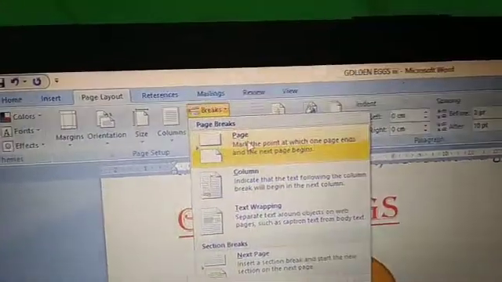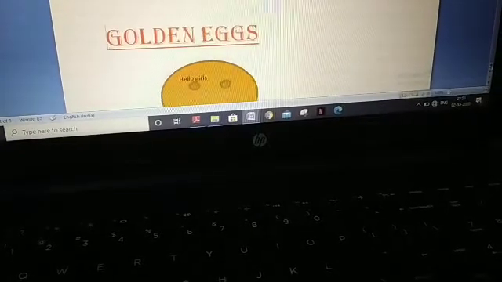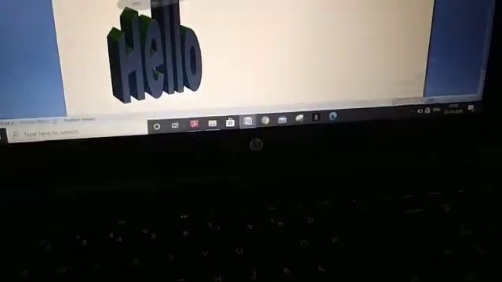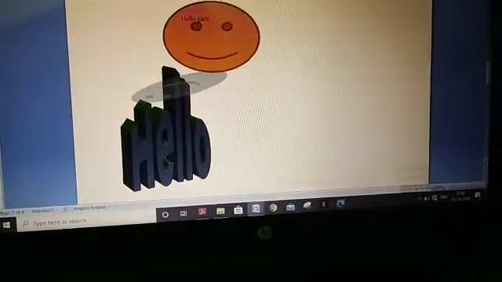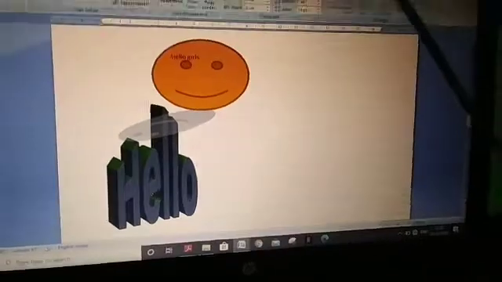So click on Page break. See, the next page has come. Understood? This is the second page. In this document you can see there are 3 pages and we are on the second page. The status bar shows you the status.